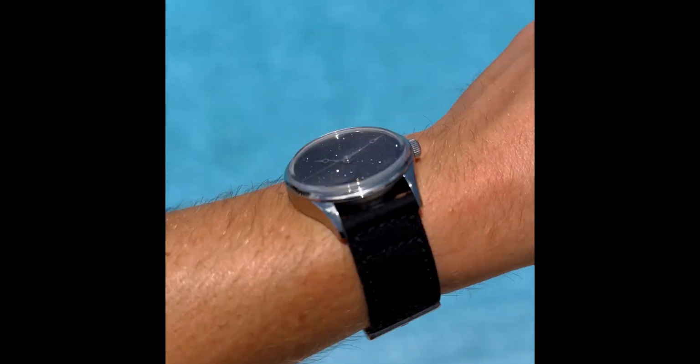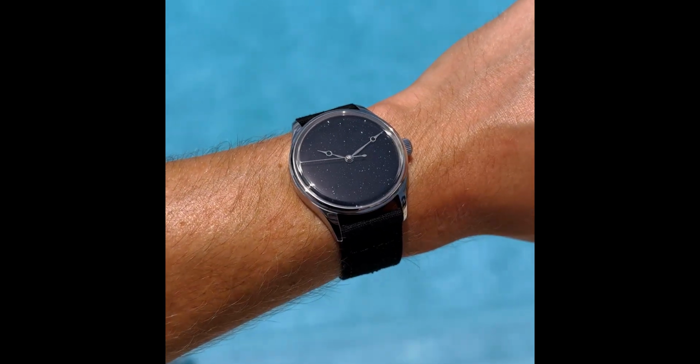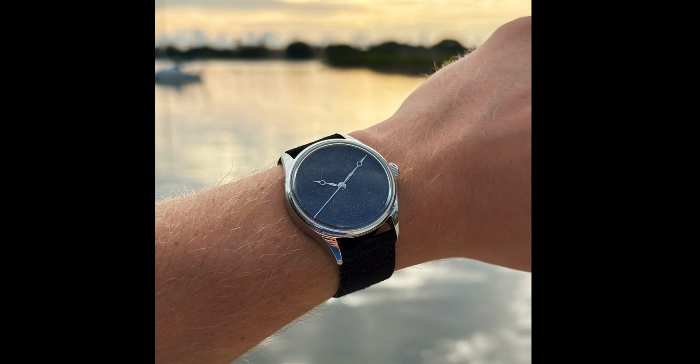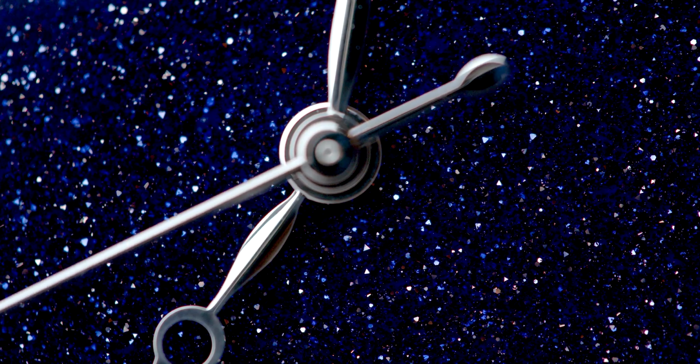It has a screw-down crown, which you just don't see on too many watches that are not made for sporting. This could be used for sporting. I wouldn't recommend it because it's a gemstone dial and you don't want to expose it to too much shock. But certainly it can handle it because it is rated for anti-shock according to the DIN standard 8308, along with the anti-magnetic rating of the DIN standard of 8309. Now with that screw down crown and the case construction, it's going to allow this watch to be 100 meters